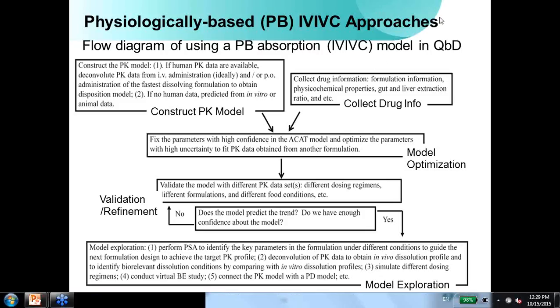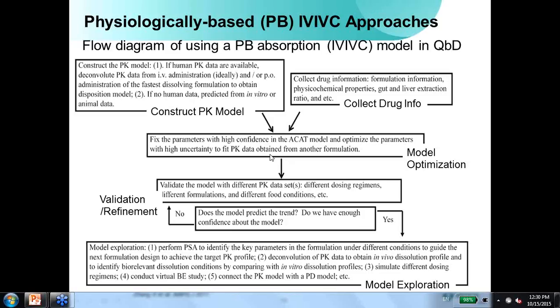If you think about the model optimization and verification, the box in the middle is probably where a GastroPlus user should spend most of the time to optimize the model. And then I also try to think how we can verify and validate the models. Should we try different dosing regimens? Does the model only work for one dosing regimen or only one formulation?